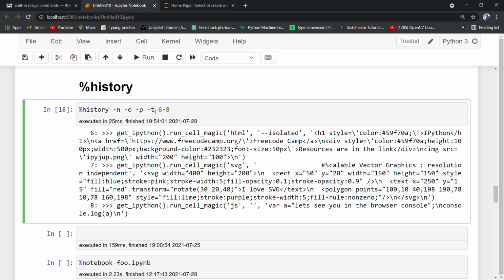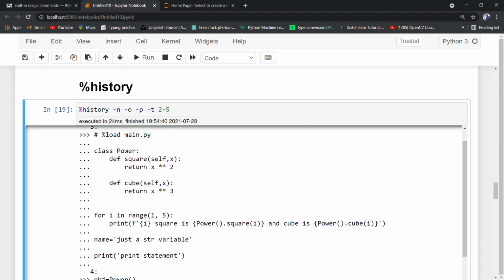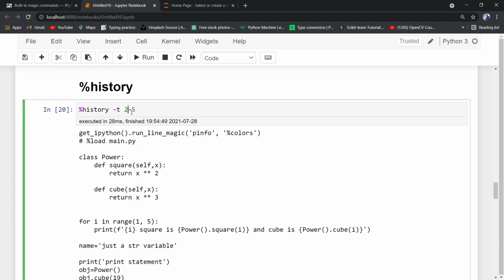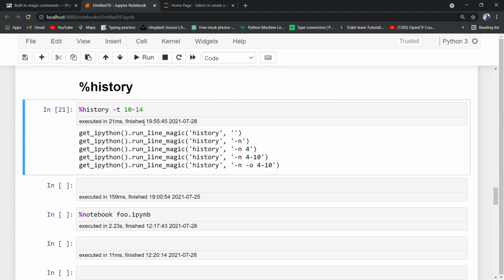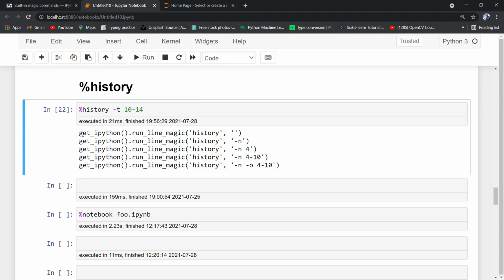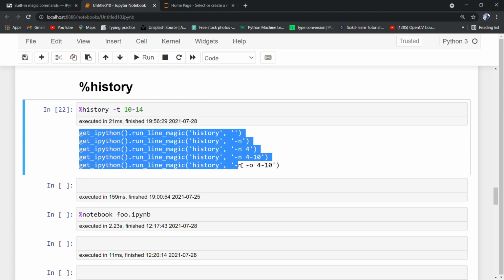Let's change the range, let's say from 2 to 5. So let's also remove the other parameters. So you can see that we get the code that we can run in the Python file.